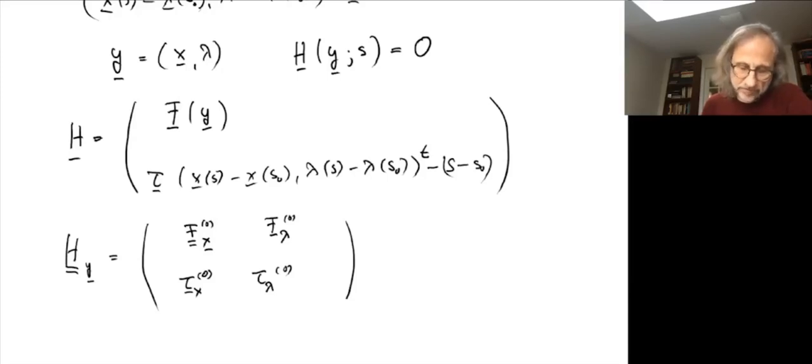Also, because it's a fold point, f lambda is not in the range of fx. So therefore, fx has n minus 1 linearly independent columns, and f lambda is linearly independent of all of those. So the whole top part has n linearly independent columns. Then we know that this tangent vector